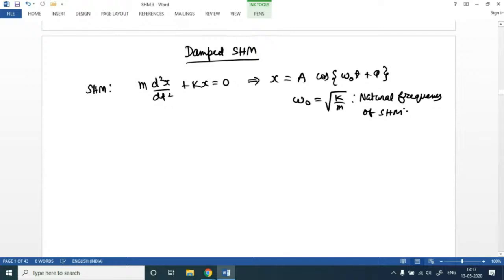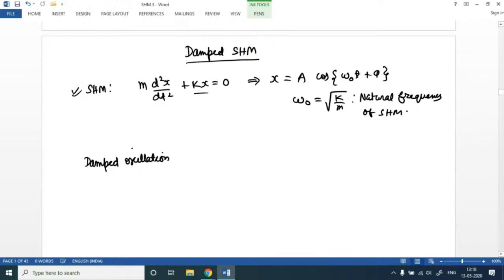So this is the case of the SHM when apart from the restoring force, no other net force was acting on the system. But see, when the body is moving in a medium, obviously some drag force, like the Stokes law, we have learned, some drag force which would be directly proportional to its velocity and oppositely directed will be acting, okay. So that would be the real case scenario. So in case of damped oscillation,